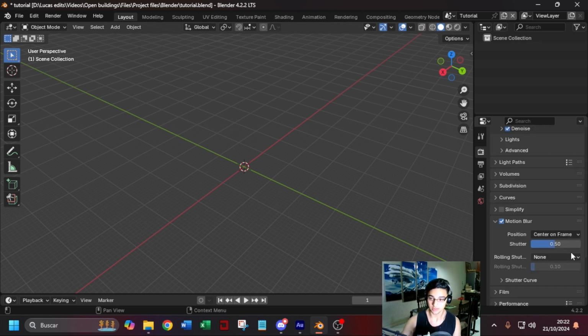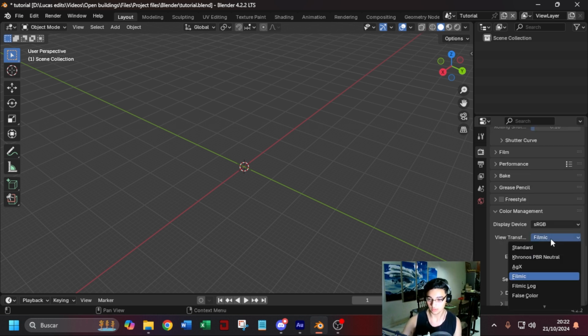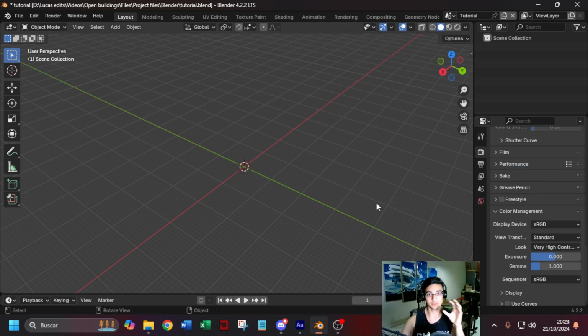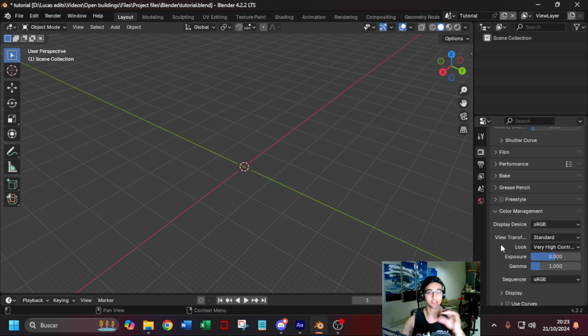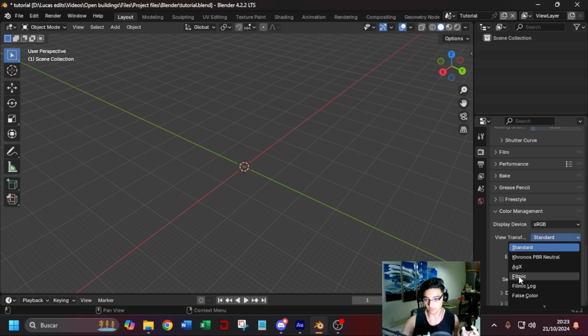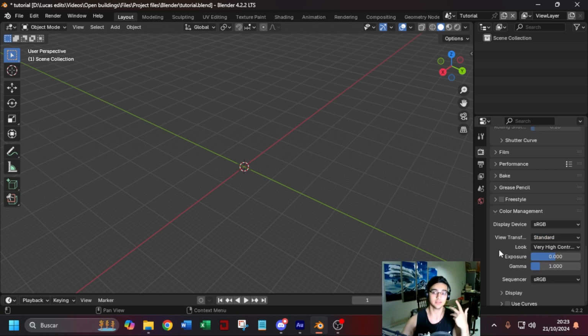I'm going to activate motion blur and set it to 0.8, and then in the color management section I'm going to use Standard and Very High Contrast. I do this because I actually made this scene just for the thumbnail and then I made the entire animation with these color management settings. But if you want a more realistic result, I guess you can use AgX, but LEMMINO's videos are not